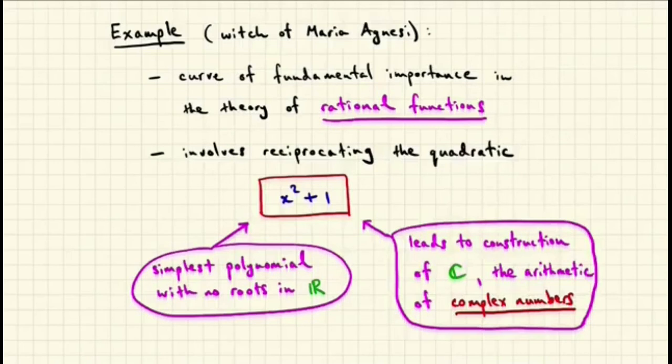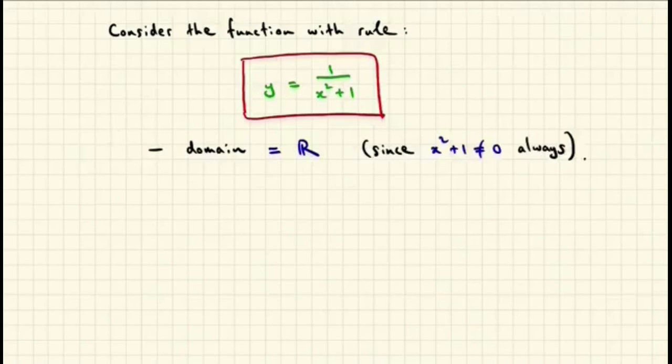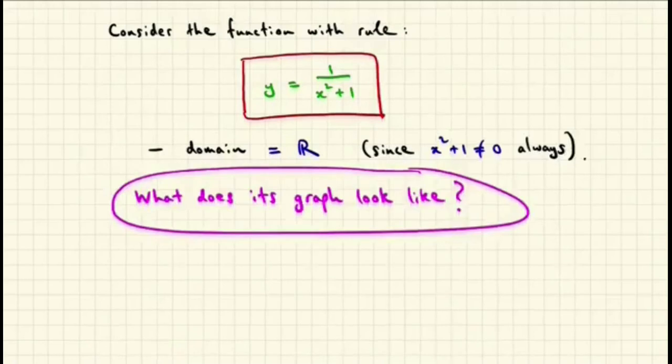Consider a function with the rule y equals 1 over x squared plus 1. Its domain is all the real number line, since x squared plus 1 is always non-zero. One can ask what its graph looks like. The resulting curve is known as the witch of Maria Agnesi, named after an Italian mathematician, Maria Agnesi, who lived and worked in the 18th century